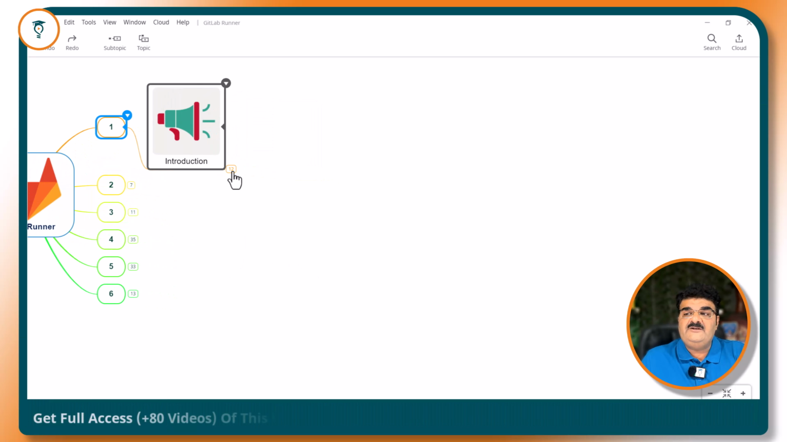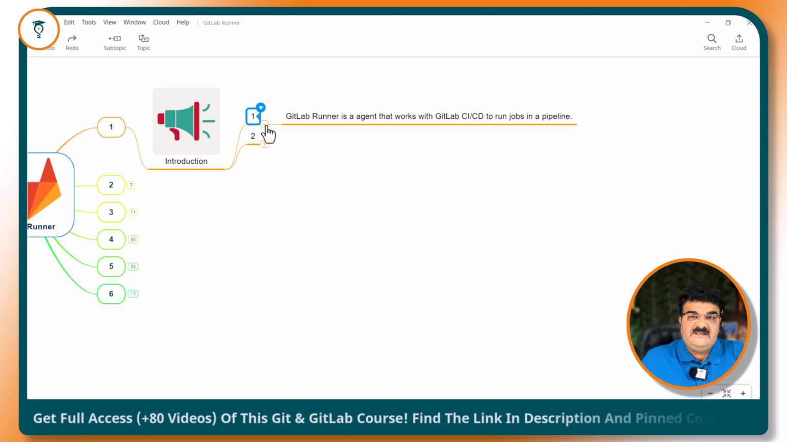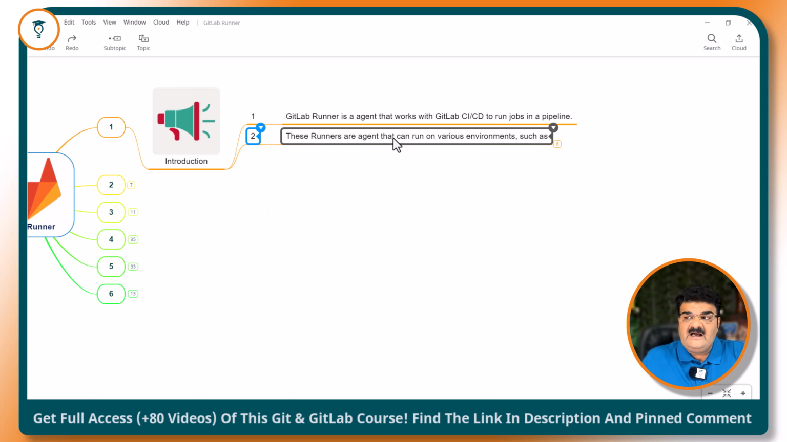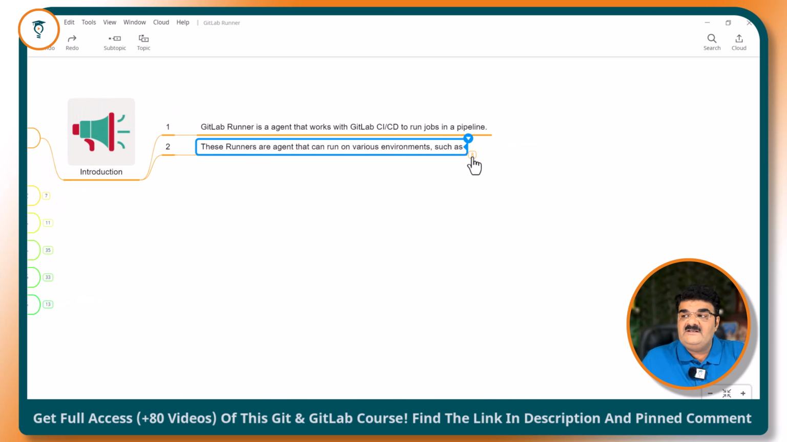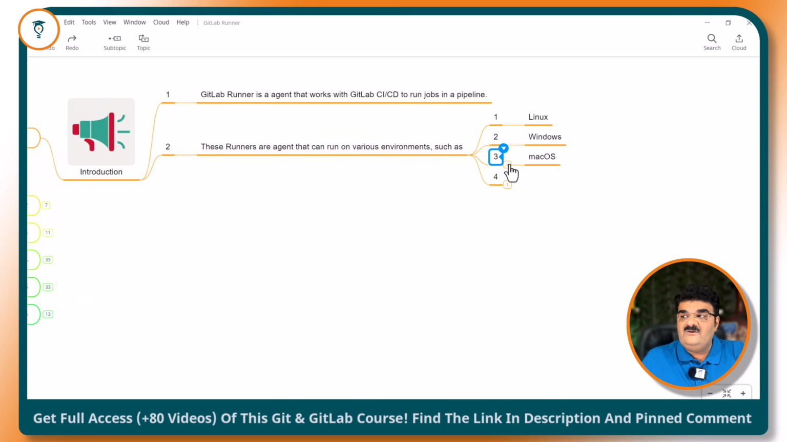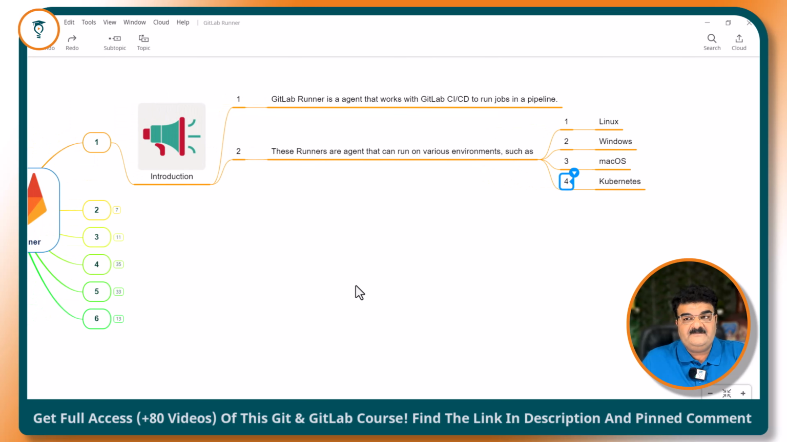First of all, I have an introduction. What is GitLab runner? GitLab runner is an agent that works with GitLab CI/CD to run jobs in a pipeline. Now, we can say that it is a kind of software that we need to install in the system. These runners are agents that can run on various environments such as Linux, Windows, macOS and Kubernetes. I just want to give you one detail and you will easily understand how this particular component is actually